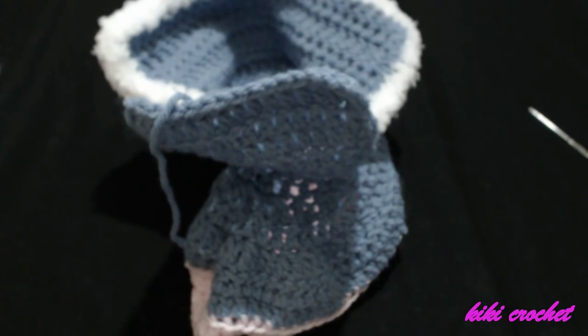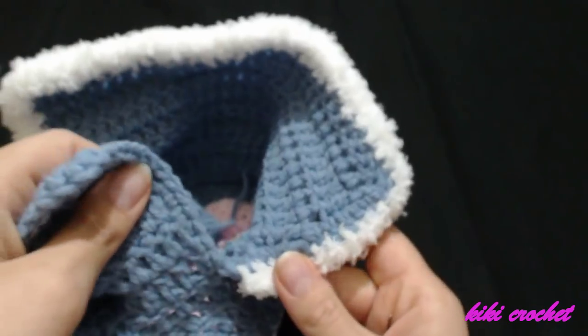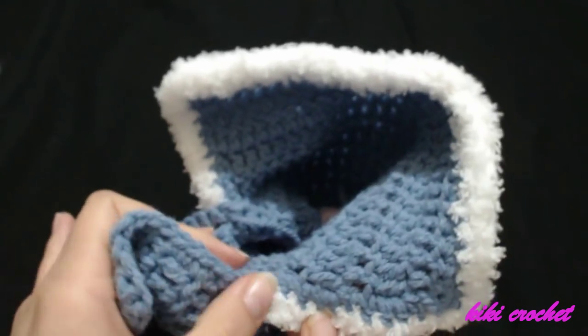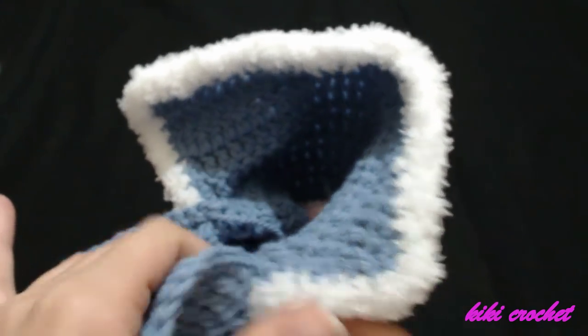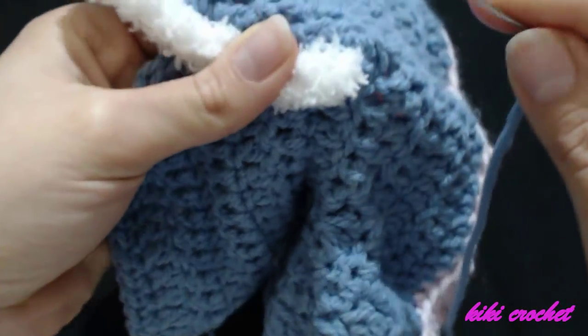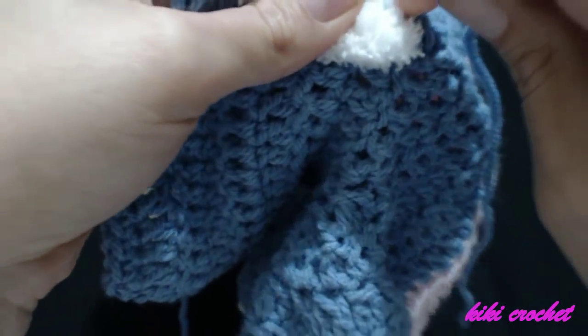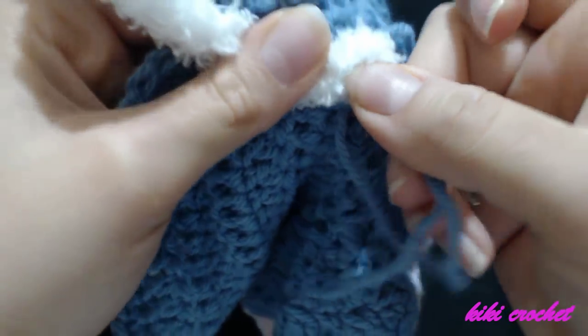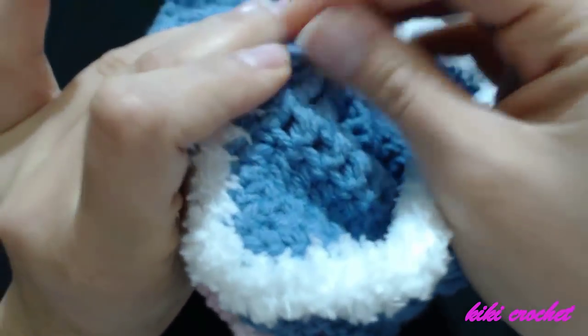And I'm going to do the same exact thing on the opposite side. So this way my tongue is steadier. You could also make your tongue a little bigger, like I said in the beginning when I did my tongue. So I'm attaching the tongue on the inside part right next to this furry row, and I'm going to sew from the front to the inside. So this way my tongue is steadier. So just right there in the beginning